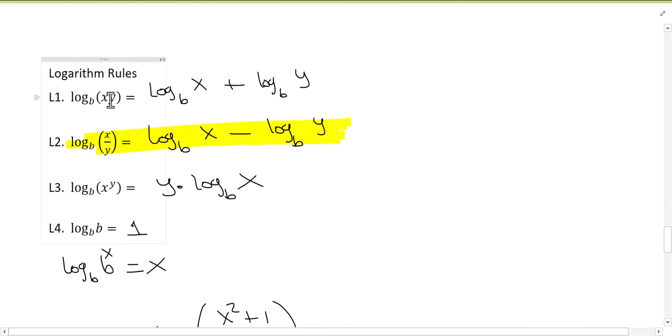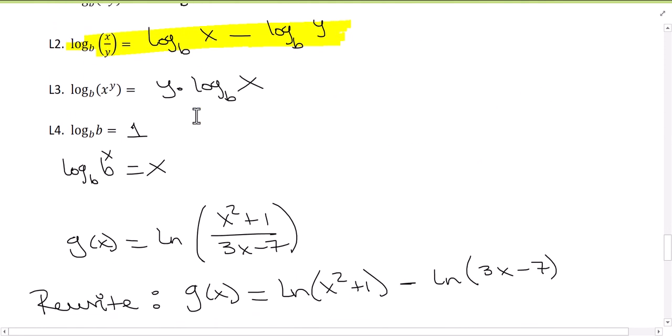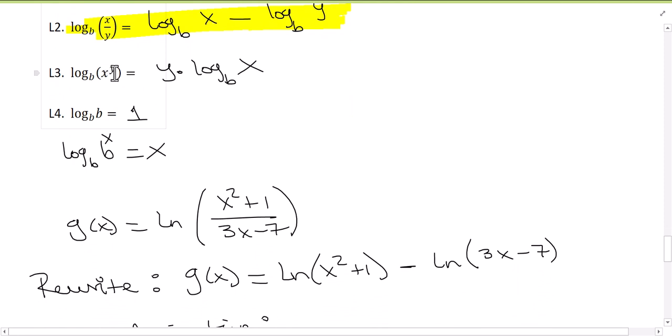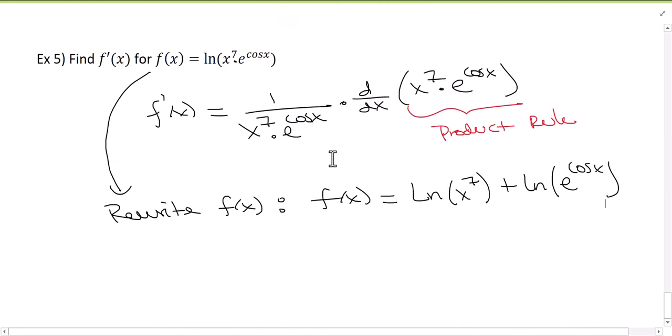So we're using the first rule, right? The product becomes the sum of two logarithms, but now I also have powers. So when I have log base b of x to a power, I can bring that power to the front, which is what I have here. I have x to the 7th and I have e to the cosine of x. So rewrite some more. So f of x is then, bring that power to the front, 7 times the